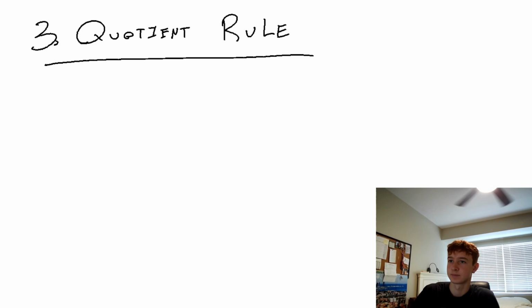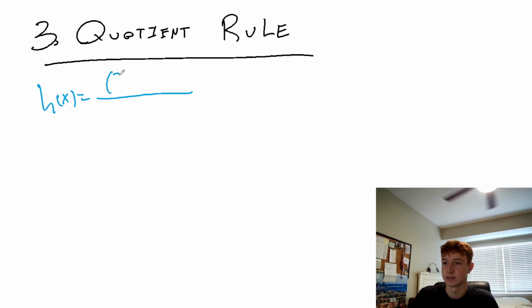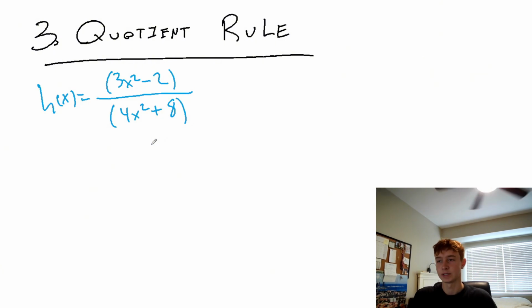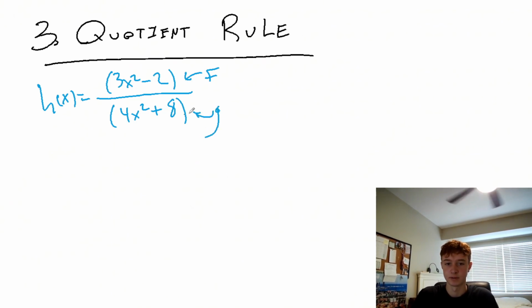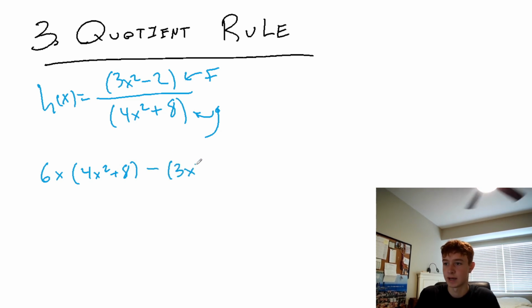If we have a function, we'll call it h of x, that is 3x squared minus 2 over 4x squared plus 8, what we need to do is first find the derivative of, we'll call this top part f and this bottom part g. So first we need to find the derivative of f, which is going to be 6x, and then multiply it by g as it is, and then subtract f as it is times the derivative of g,